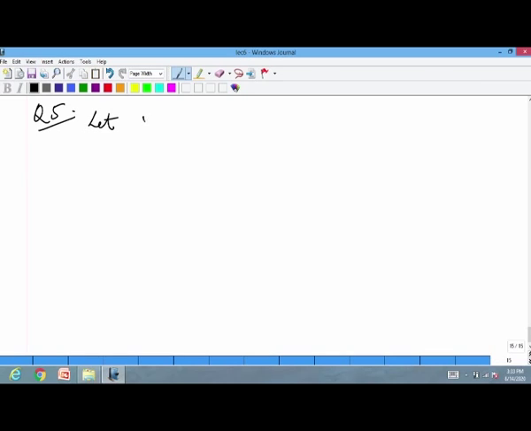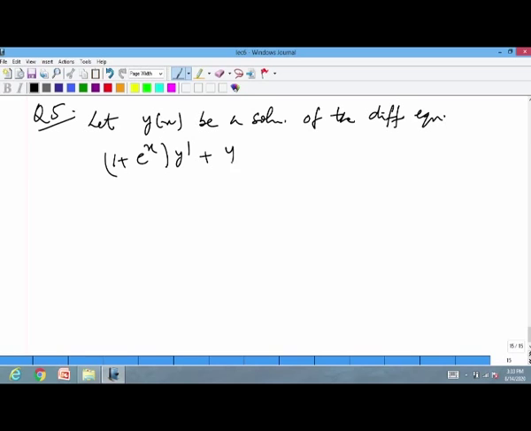Let y(x) be a solution of the differential equation (1 + e^x) y' + y e^x = 1. If y(0) = 2, then